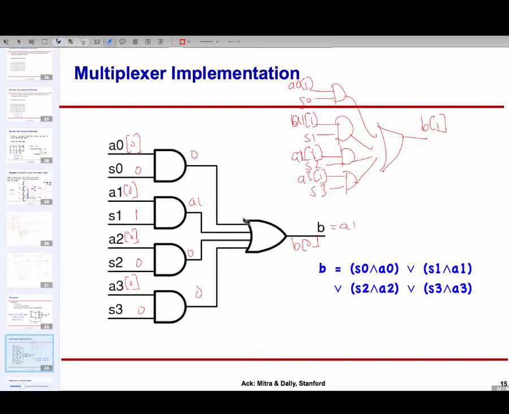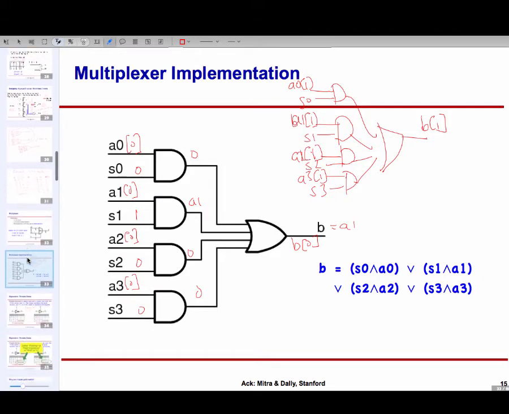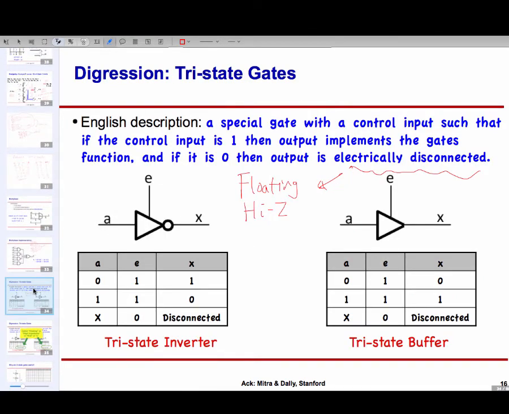So muxes are extremely useful. In fact, they are so useful that we need to implement them particularly efficiently, and many times there are a large number of resources. Just to give you an example, the motherboard of your tower type computer, or a biggish computer, may have, I don't know, 8 memory DIMMs or 16 slots where you can put in memory, and there's going to be some multiplexer which is going to take this data and feed it to the processor. So it's very common that I will have multiplexers with a large number of sources.